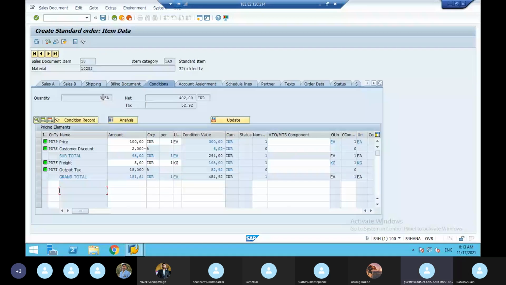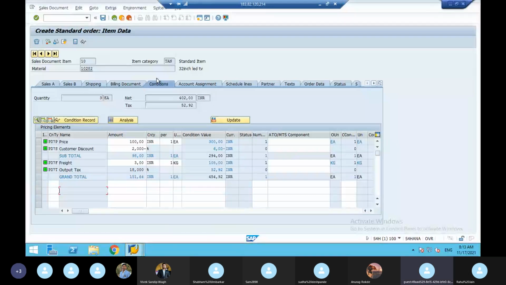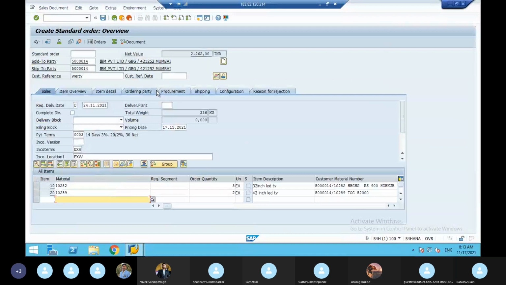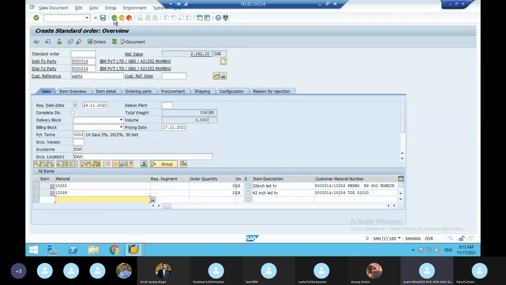So in the header data condition, what is there here? 300 is there plus 1000 is there. What is that 1000? See here, 500 into 2, 1000.